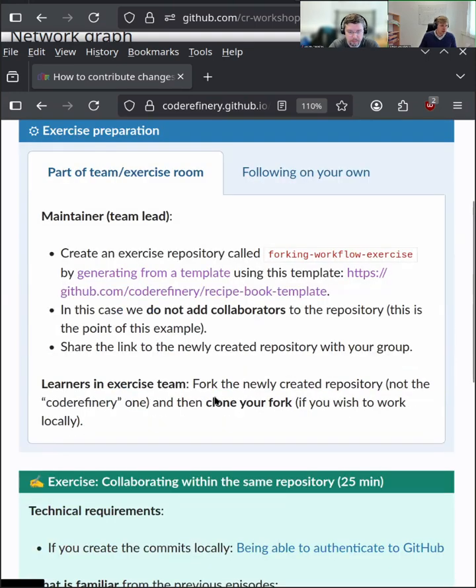So before we start with the exercise, just quickly some bookkeeping again. We will now use a different repository. So we will start with the same template. And if you are now a group leader who is working with a small group of participants of this course locally, you can generate a new template. And the difference to the previous case is that you now do not have to add any collaborators, because now people will fork it and will contribute that way. So there's less to do for the people who work in these groups.